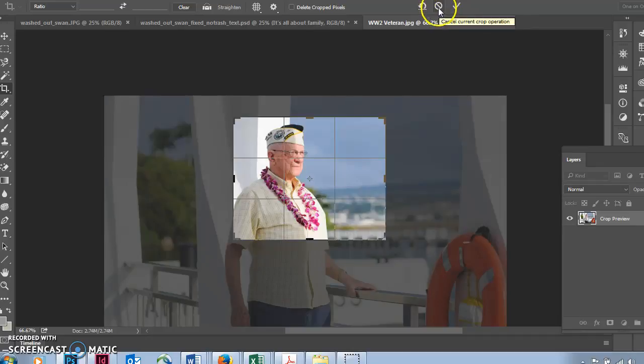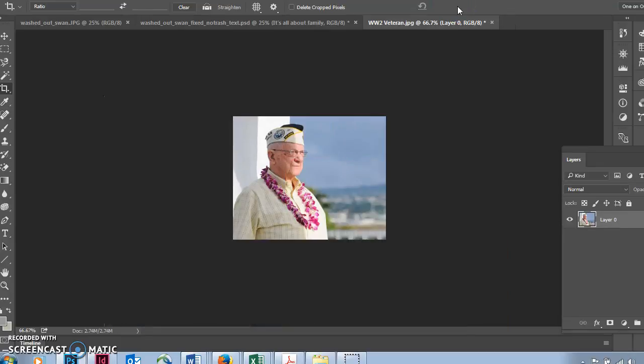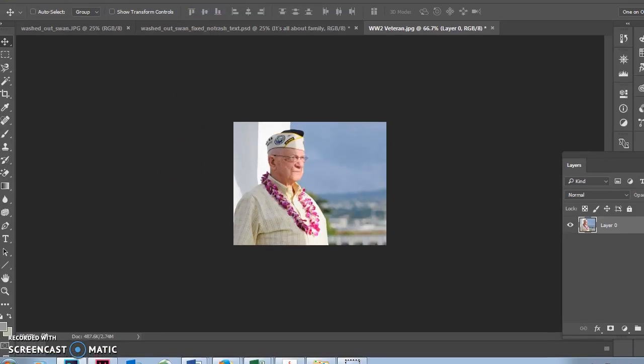If you want to undo your crop, this would cancel it. This only shows up because the crop tool is working right now. So I'm going to select yes, and there, I've got a cropped image. Okay, so if I'm happy with this image, then I can save it, and I'll show you how to save